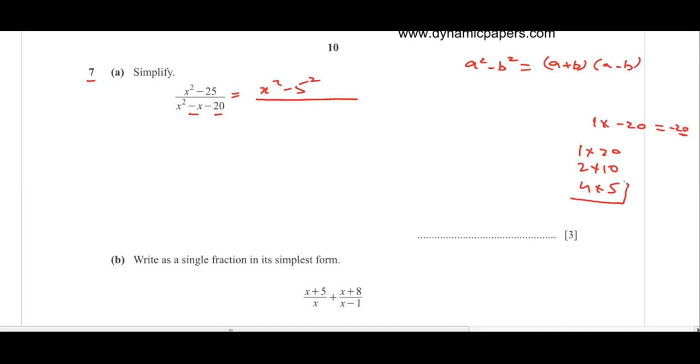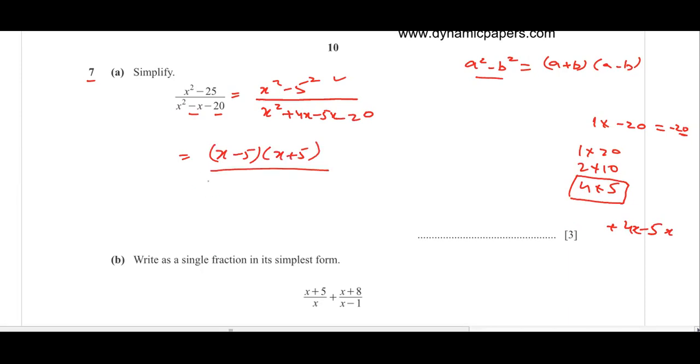So this pair can give me minus 1. If I say minus 4, plus 4, minus 5, plus 4x minus 5x, that will be its pair. So x square plus 4x minus 5x minus 20. Now, on this, apply this rule. It will become x minus 5 into x plus 5